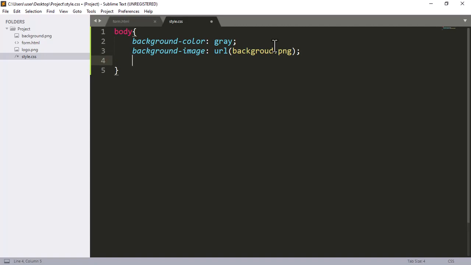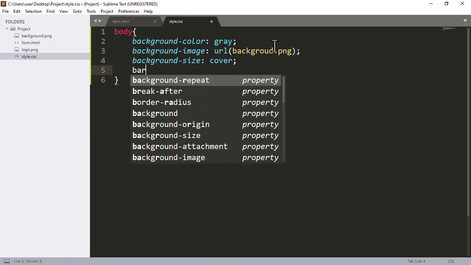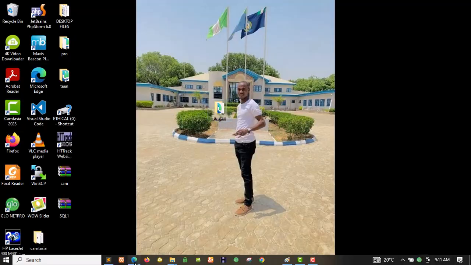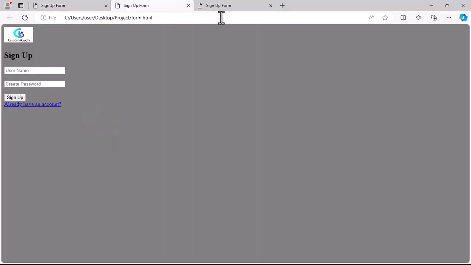Now we need to give it background size. I'll give it a background size of cover. I don't want the image to repeat, so I'll say background repeat, and I'll give it no repeat. As simple as that. Now let's save to see what we have done so far. So if I refresh this page now,